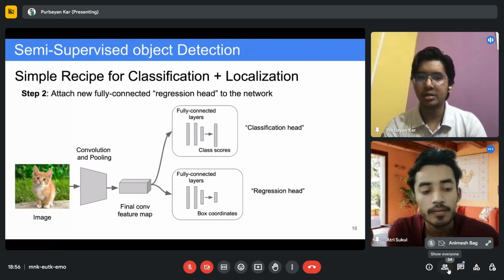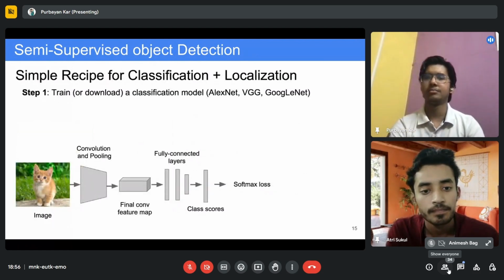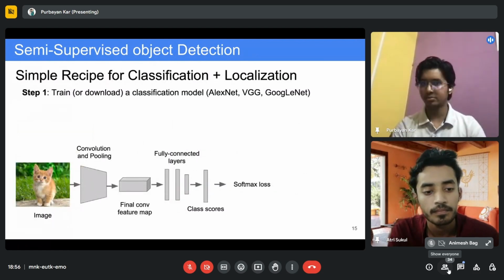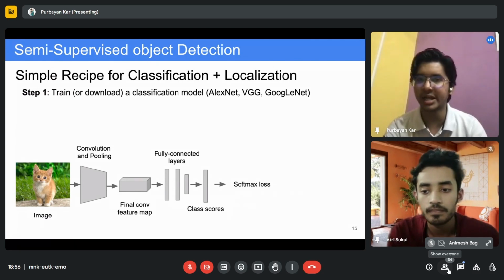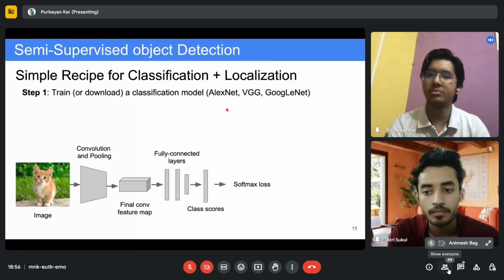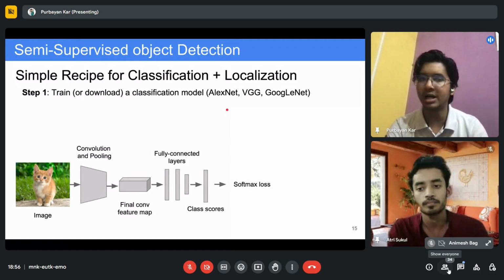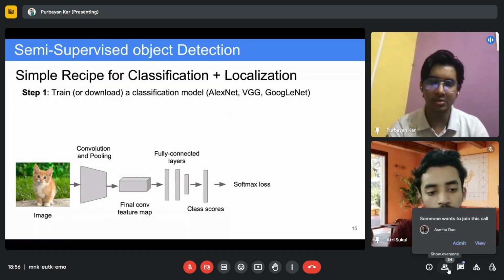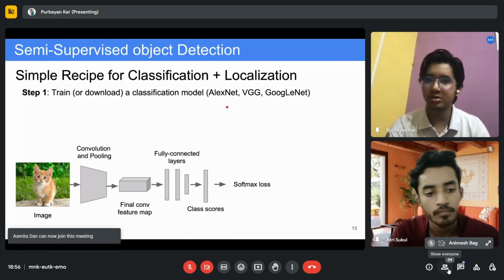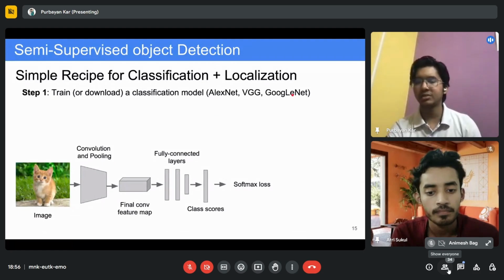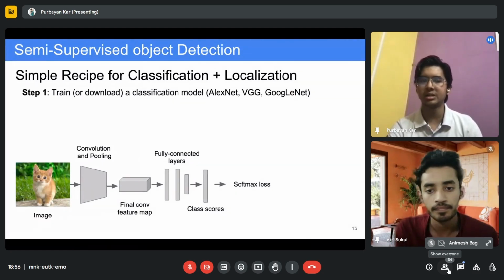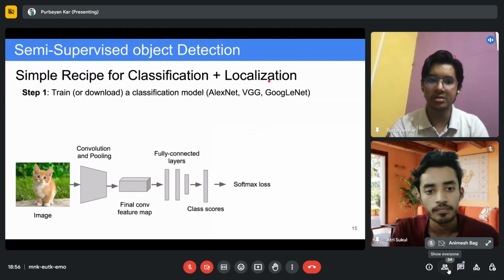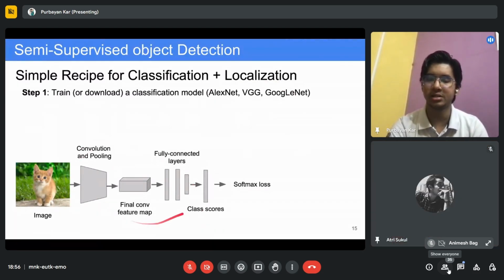Okay. So as I said, we don't make models from scratch nowadays. There are very popular models which have already been trained on a large amount of data. So they are pre-trained models and they work extensively well on any kind of images. These are AlexNet, VGGNet, and GoogleNet. They are usually trained on the ImageNet dataset, which is a very popular and large dataset. So you use any such model. For instance, just assume this is VGGNet.